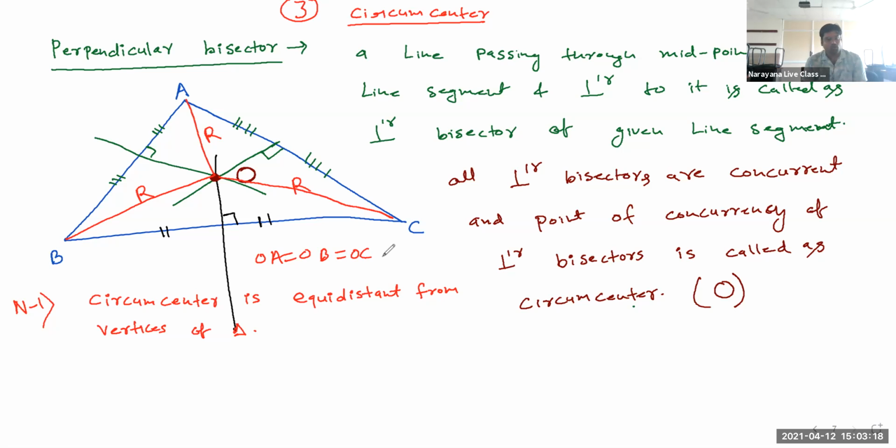So this is the first point to remember in this topic. Circumcenter is a point which is at equal distance from the vertices of the triangle. Okay. So if you draw a circle taking O as the center and capital R as the radius, then you will get a circle. I'm drawing a diagram.